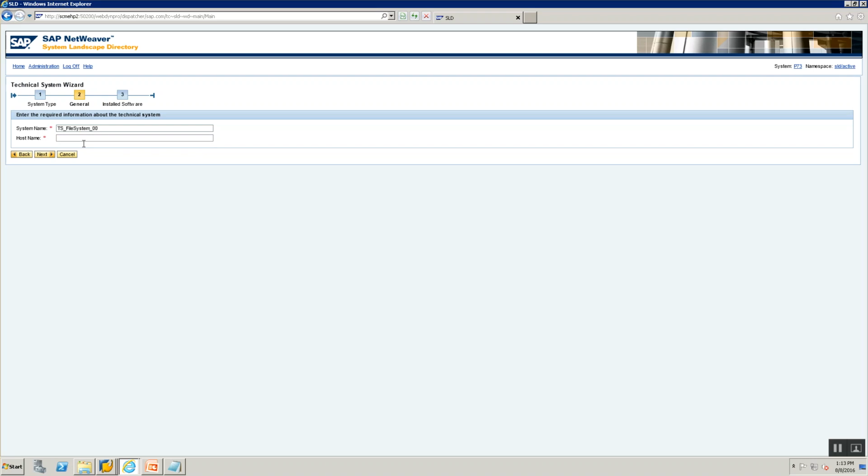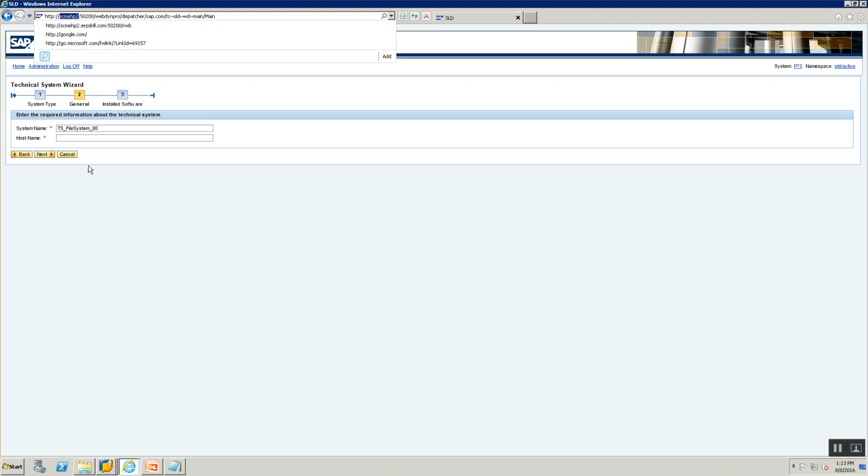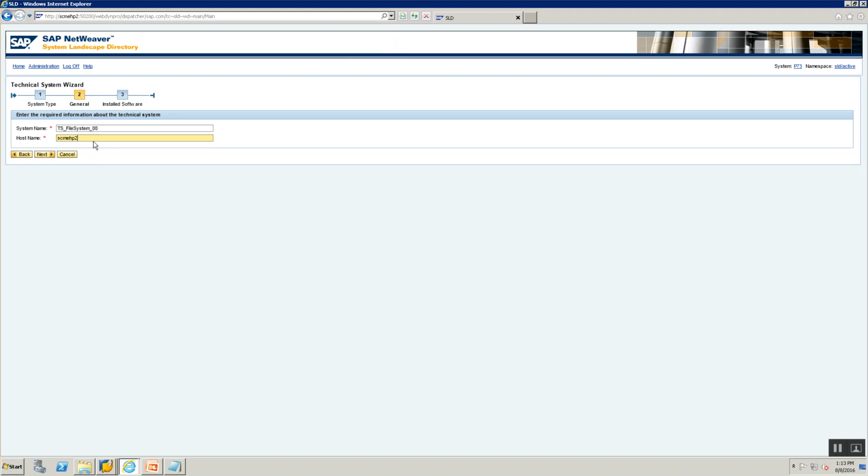So when you're doing your development in the training, you make sure you're using your own suffix, right? And the host name is going to be, and this file system is running on my PI server itself. So I'm just going to copy this and put it here. You can always give any host name that you want. It does not mandatorily try to connect to this host name. So the host name can be any value that you want. But in my case, my file system is running on my PI server itself. It's an NFS mount, a Unix share mount. And that's why I'm using the same thing.